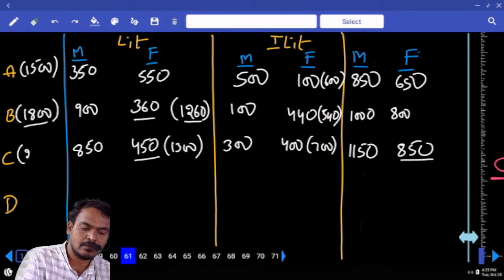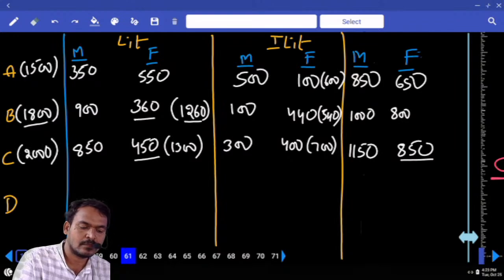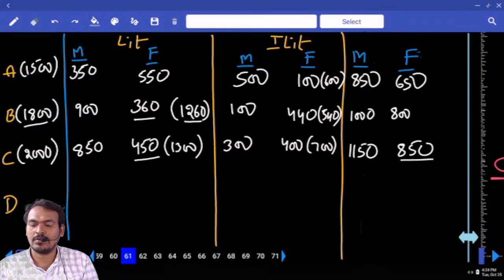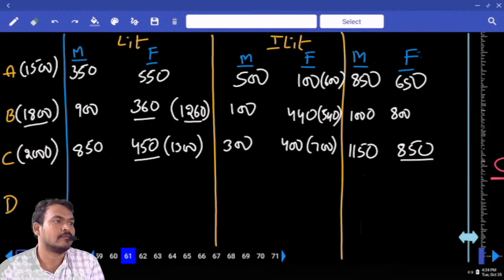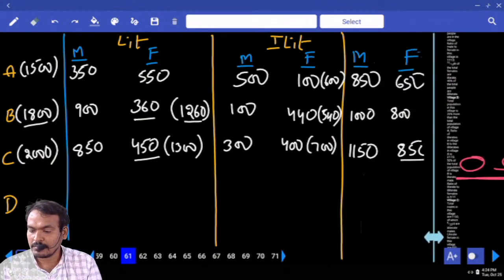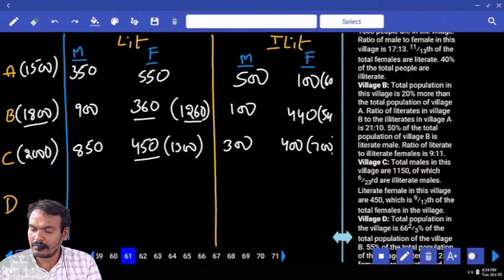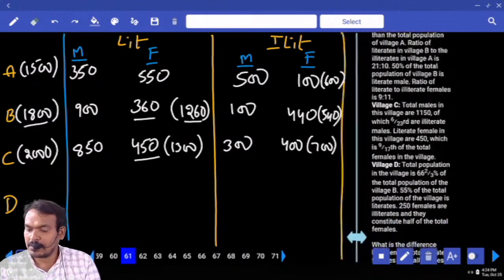Total population 2000. Village C total value is how much? 2000. 1150 plus 850. Next. What is the D value? Total population